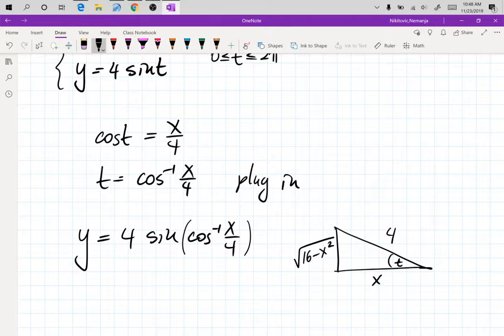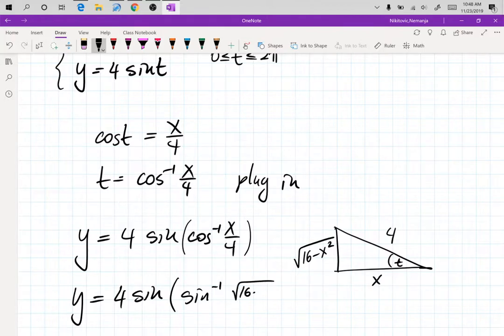And then you compute using the Pythagorean identity the missing side, which works out to be square root of 16 minus x squared. So now you read sine off of this one, and sine of the inverse is the square root of 16 minus x squared,